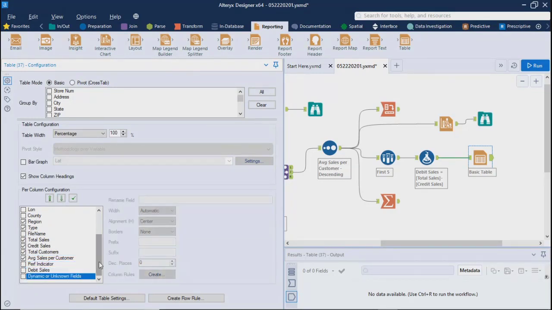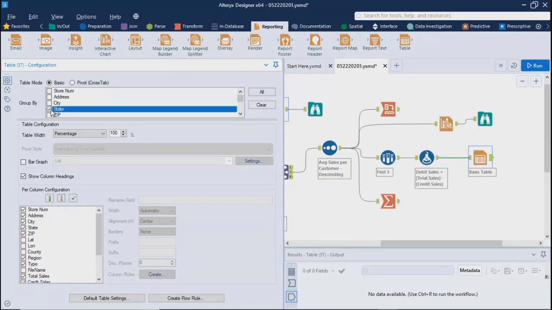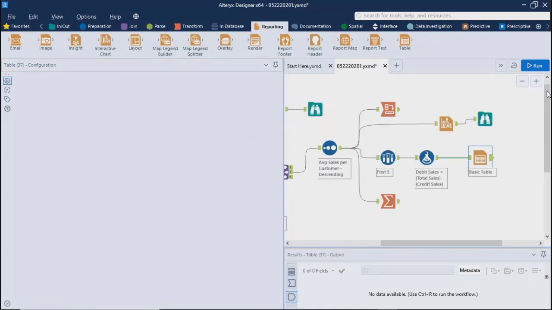This will create a table basically. And whatever you select here, it is going to create the group by option on the table. So let's say state, over here I'll uncheck state, and then let's see what happens.